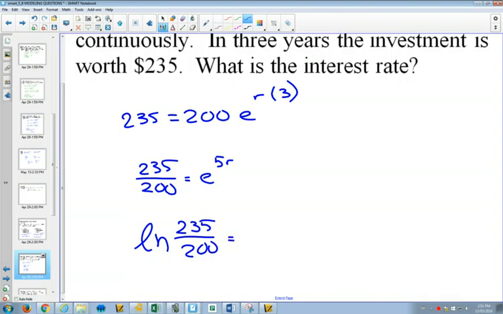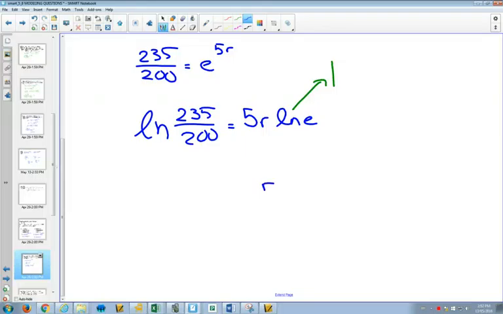Because when I take the natural log of this side, the 5r is going to come out in front, and I'm going to be left with natural log of e. That is mental math. What is the natural log of e? e to what power is e? Right? That's what a logarithm is. The base is e. e to what power is e? It's 1. So then this just becomes